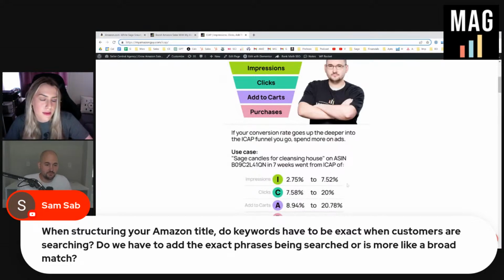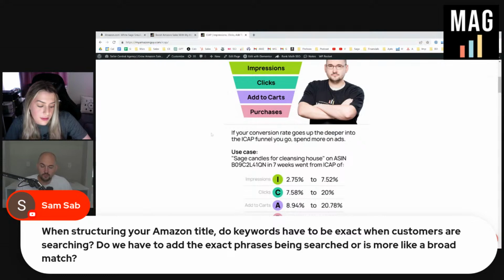So Sam, does it make sense to add an exact match to the title? Here is living proof. If you want to triple your market share on that keyword, yes. Now, this keyword wasn't in the title at all to begin with, and that's why we're seeing such a substantial difference in the outcome. But if we were looking at a product that had a broad match and switched it to exact, it'd probably be way more subtle than this, but still valuable to do.